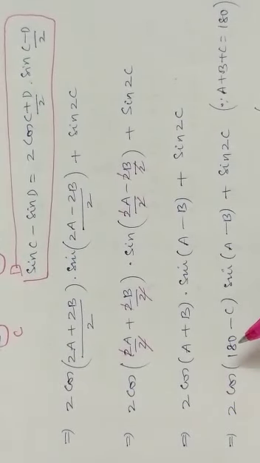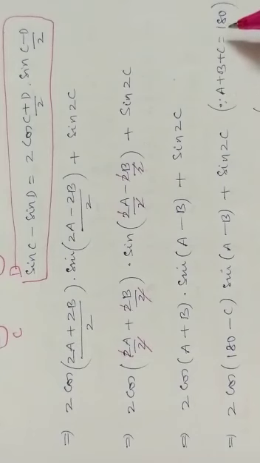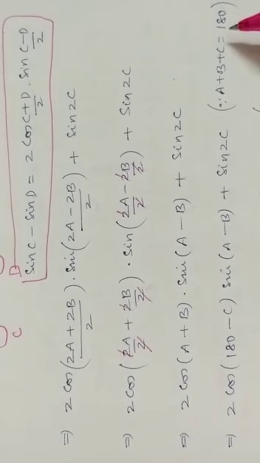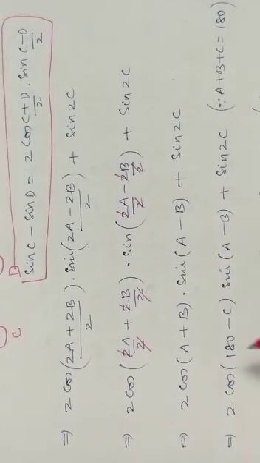We have to use the given hypothesis for 2 times. What is the hypothesis given? A plus b plus c equal to 180. This is the hypothesis given. You have to use this for 2 times. Very first time I am using here to convert a plus b in terms of c, we use this.